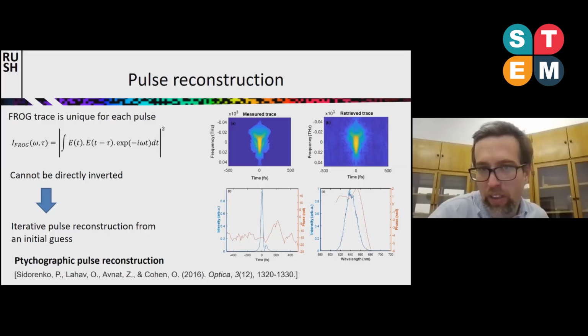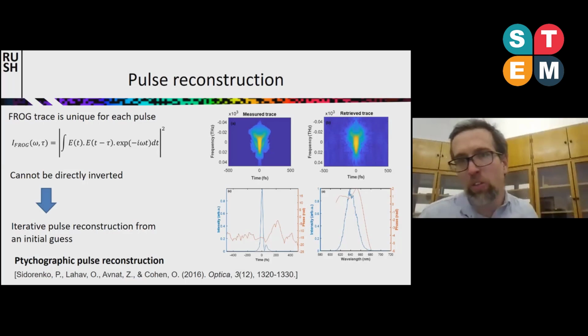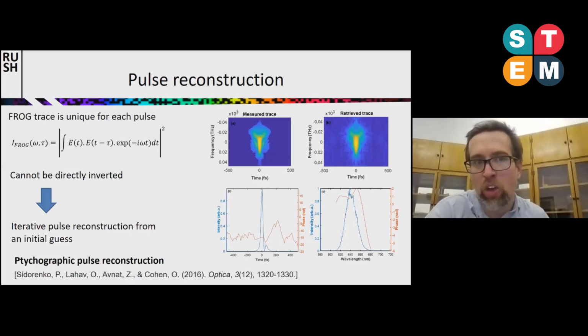And then you can tell what is the actual pulse shape, like this in this case, and the phase in time or spectrum. So basically, this method allows you to reconstruct even a complex pulse shape.